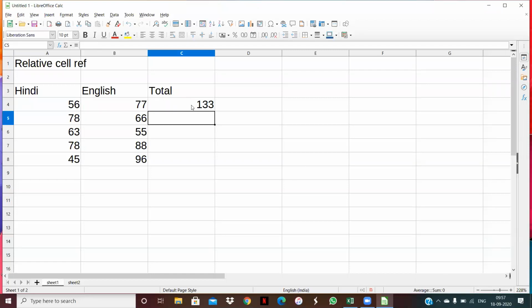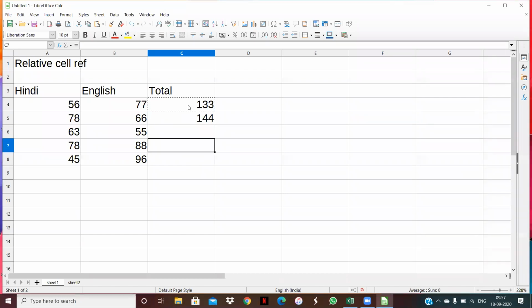Now, if I copy this and paste here, what happens? I copy the formula and paste it into another cell. You can see I copy the formula from here, I press Control C, and now I am pressing Control V. Now it will automatically change the address of the cell.